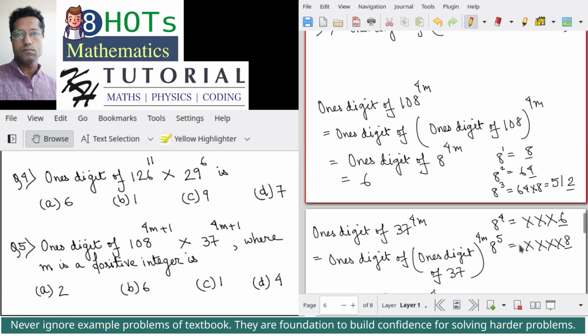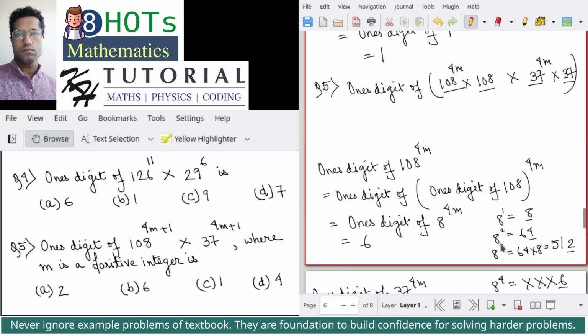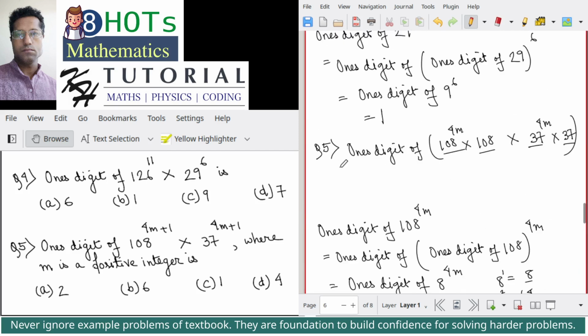So we got the ones digit of this. So what will be the answer? So this will be now equal to the ones digit of the ones digit of